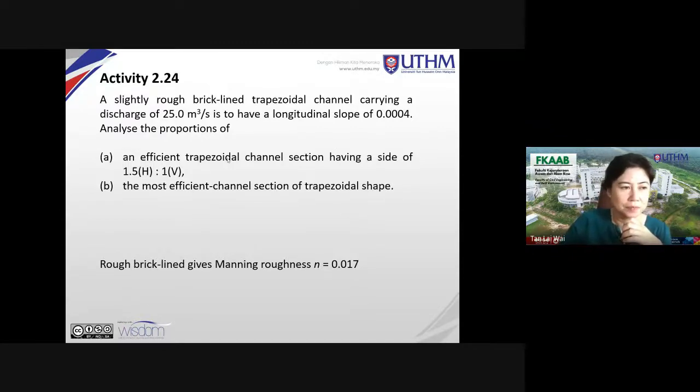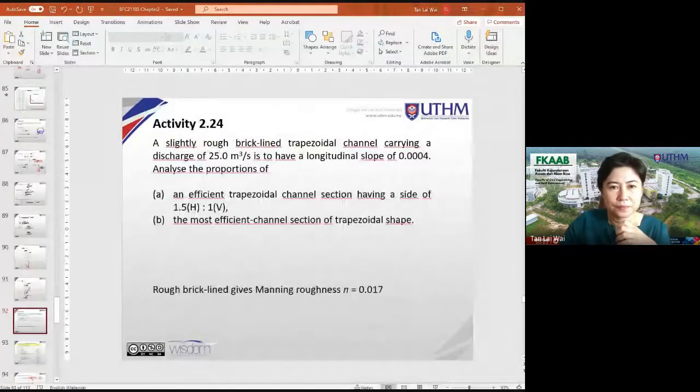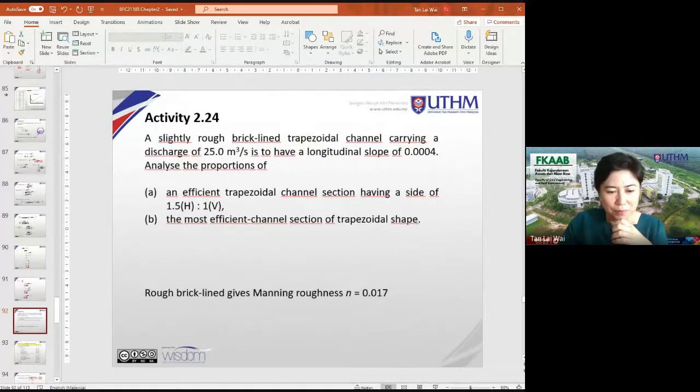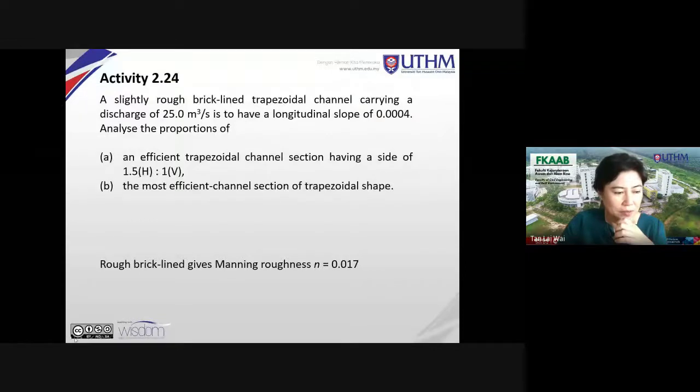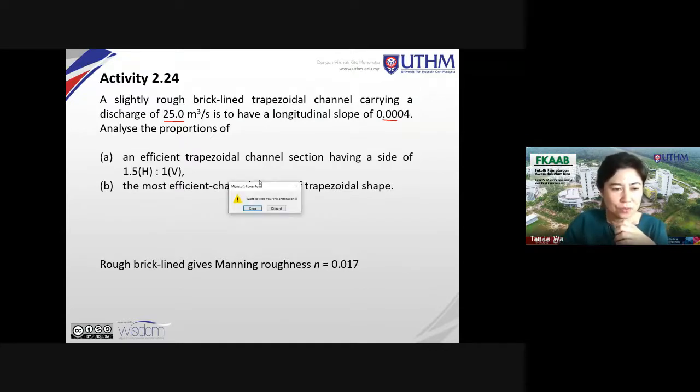Correct. Now, okay, I think I should just use it without the PowerPoint slideshow. Okay, now if you look at here, what is given is the discharge, 25 cubic, and then the longitudinal slope is provided as 0.4 times 10 to the minus 4. All right, it's a very mild slope, and then the question asks you to